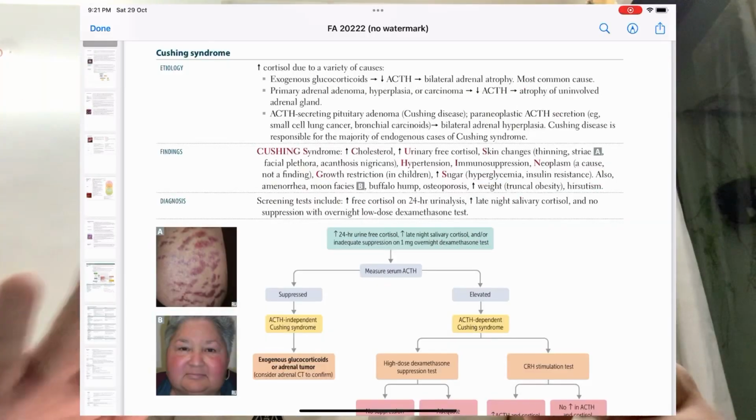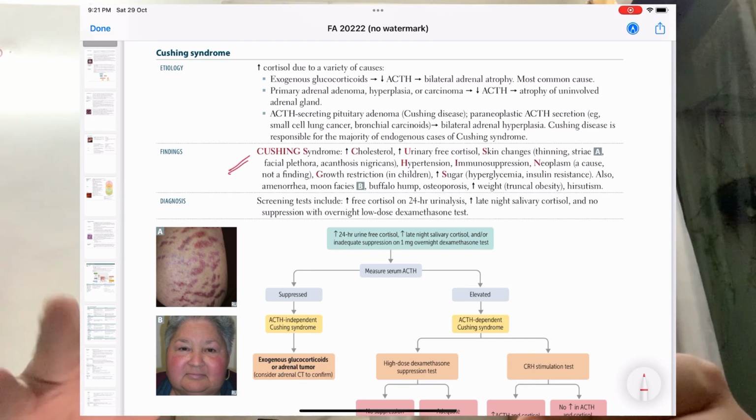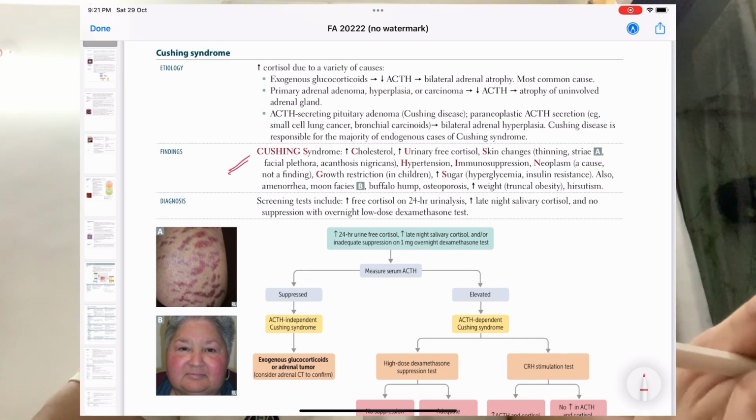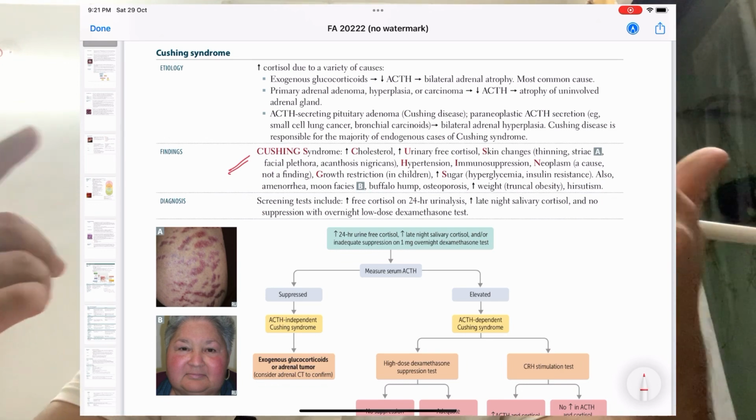Don't skip this. Now to the adrenal gland disorders. In adrenal gland disorders, there are cortex disorders and medulla disorders. First, we'll start with cortex disorders. In cortex disorders, we'll be doing three syndromes: Cushing syndrome, Addison disease, and one more, the Conn syndrome. Alright, so in Cushing syndrome, all you need to do is just see the findings. The findings everyone knows, but the main funda is step 1: you should know the pathophysiology,